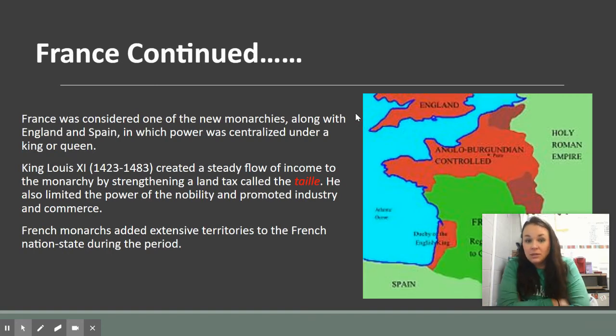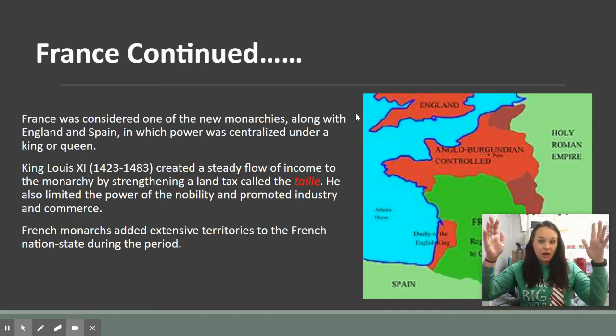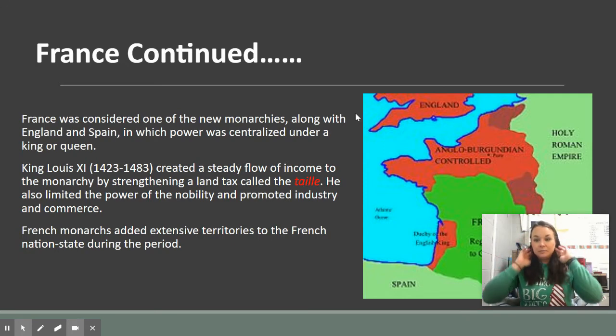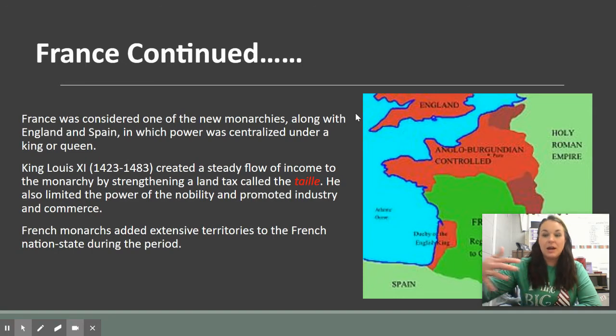Okay, so France is this up-and-coming new monarchy, like England, like Spain, during the end of the Middle Ages. Louis XI is going to be a Bourbon king, so we've switched families. And he is going to be the guy that takes the crown more towards that absolute monarchy stage, which is actually the next unit. In the next unit, we're going to be talking about the kings of Europe that had total and complete power and believed that they were the kings that God appointed, and very, very absolute in their rule. And so Louis XI is again a huge culprit as to how that happens in France,